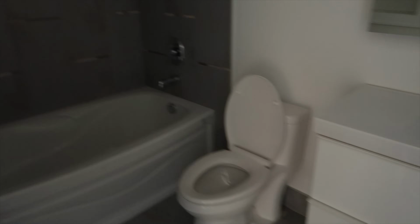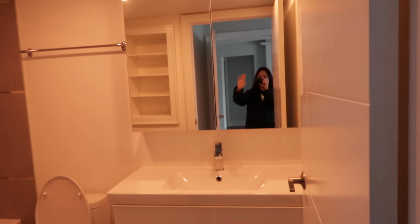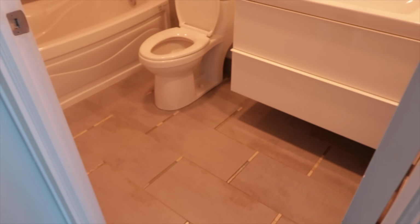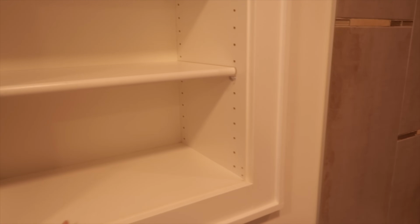And then over here is the first bathroom. Oh, where are the lights? Hello. So this is the first bathroom. I like that there's these shelves here because that's something I did not have a lot of, like bathroom storage. Then flipping around,